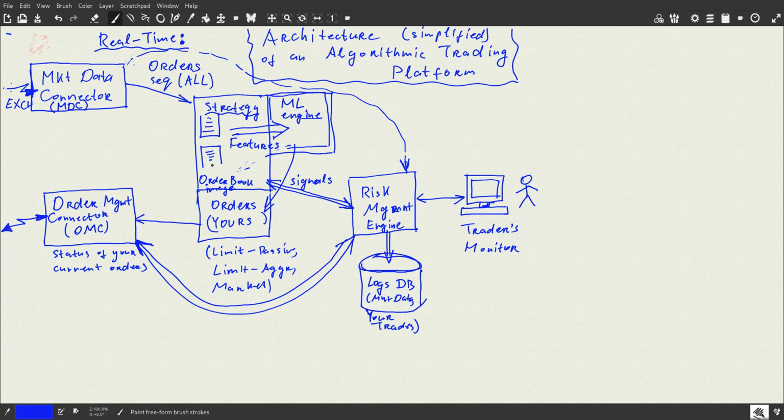So that's what we are now doing. We have done order book image construction. We are now doing features construction, and our to-do is in the machine learning engine. So that's what we are doing in this algo trading framework. But we are not doing at the moment market data connectors or order management connectors, risk management, DBs, monitoring, things like that. If you are interested in the whole loop of how to implement algo trading platforms, then